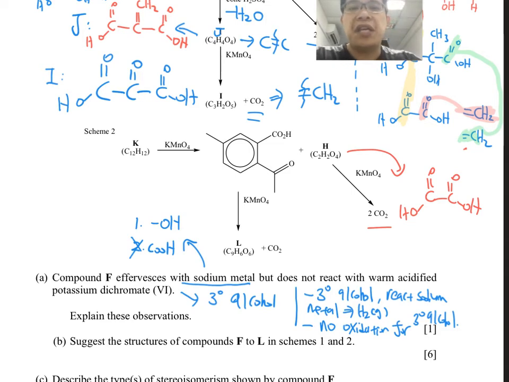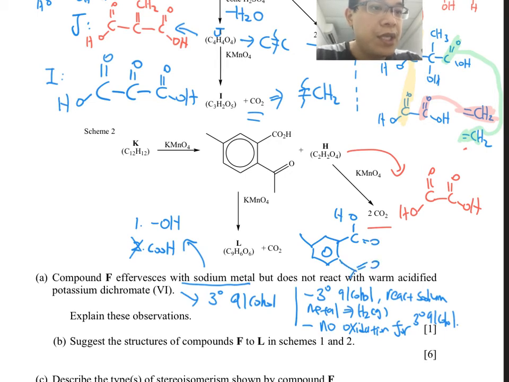Then you may think, okay, so how is this and this connected? Oh, this is easier, you can work from here to here. So this is what I need to do when you do an intermediate transition state. What is my intermediate? Let me show you. So we're going to deduce what is your K. So let me just draw OH, double bond O, then you have a double bond O here. Then followed by you have an oxalic acid, double bond O, OH, and C double bond O and OH.